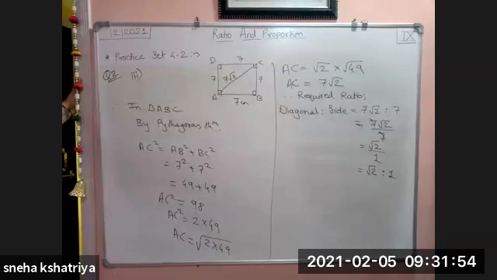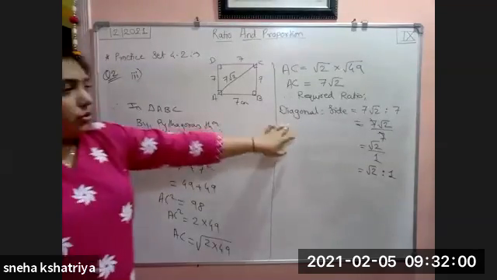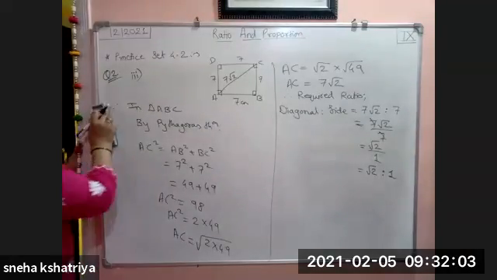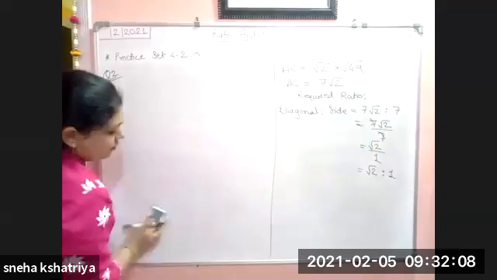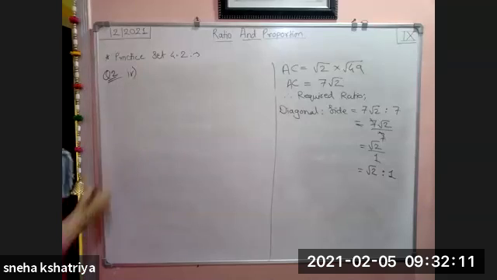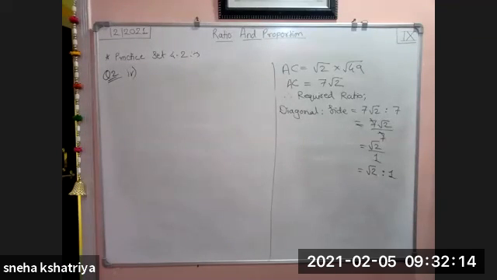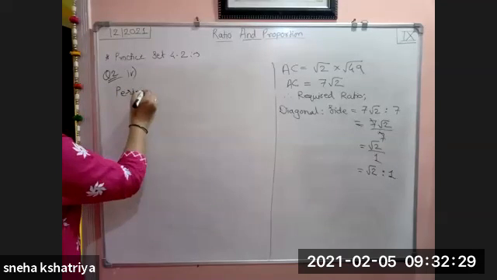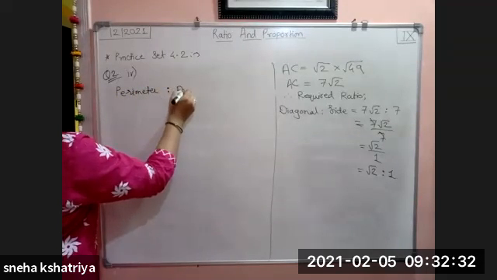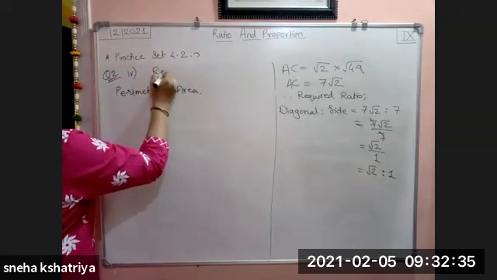Third one, a ratio of a diagonal of a square to its side. This is the required ratio, diagonal to its sides. Okay. Now we will see the next example, fourth example. What is the fourth example given to us? The length of sides of a rectangle are 5 cm and 3.5 cm. Find the ratio of its perimeter to area. Okay, what we have to find out? Perimeter to its area of a rectangle.